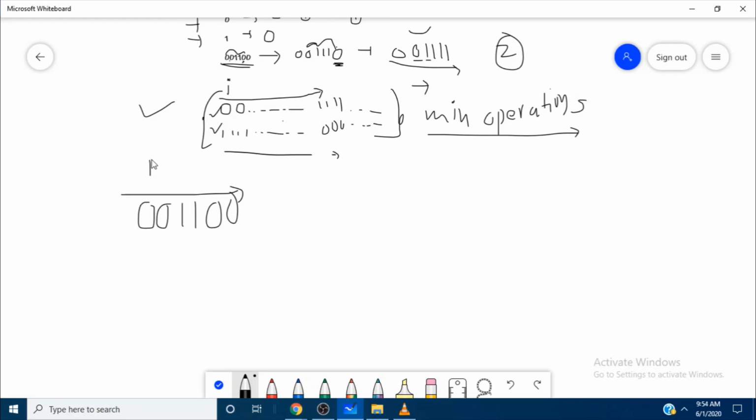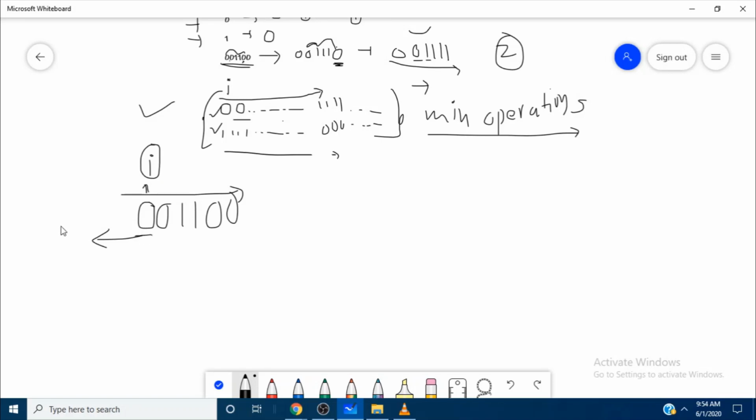So if we are at this I, then what we need to do is convert all the characters to the left and the character at I to zeros, and everything to the right of it to ones.